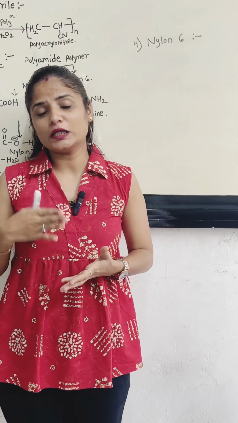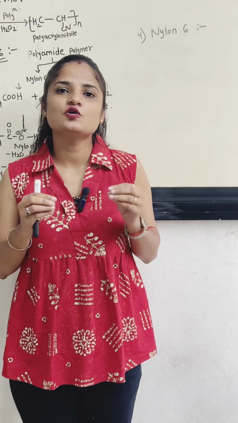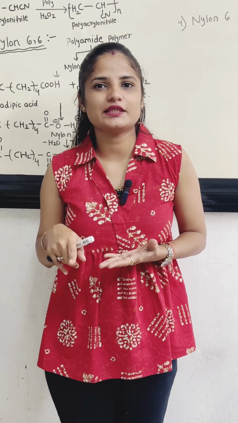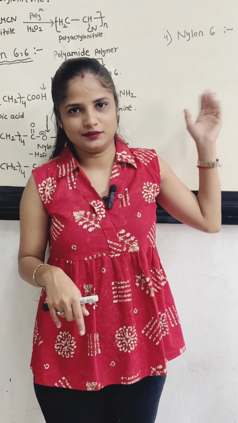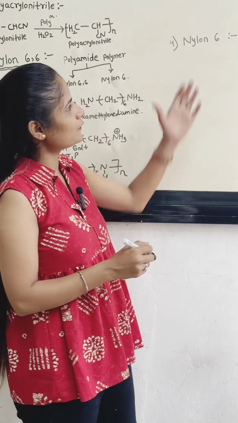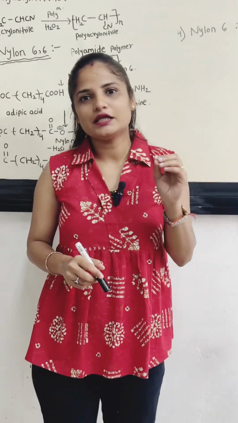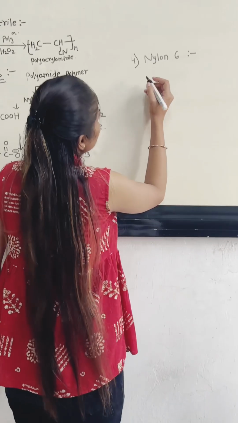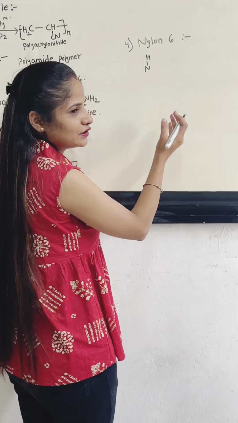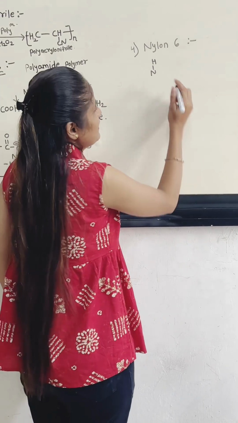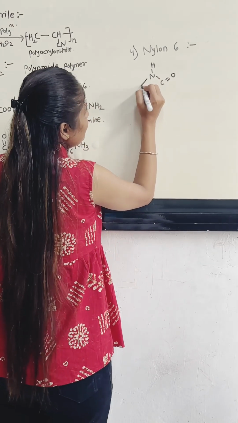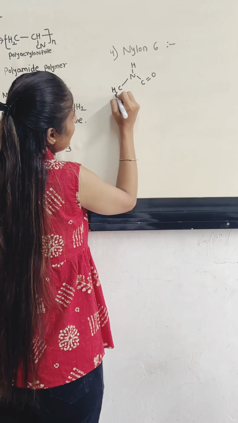When epsilon caprolactam is heated with water at a higher temperature, it undergoes ring opening polymerization and forms nylon 6. Okay. So it is also a polyamide polymer. So first we have to write the structure of epsilon caprolactam. Okay. So here we have to write the NH. We have to draw the ring structure, which undergoes ring opening polymerization. Then this is attached to the C double bond O. Then further here we have to attach the CH2,